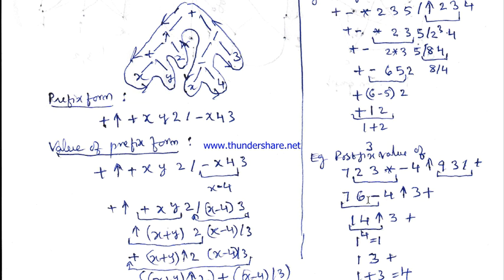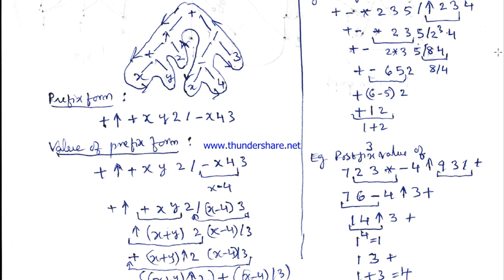Now after 7, 6 we have minus. It means we have to do subtraction of 6 from 7. We have to place 1 here before 4. And we have 1, 4 after the vertical arrow. It means we have to find 1 power 4 and keep it at the corresponding place. So it is 1 power 4. After 1 we have 3 and plus. So 1, 3 plus means to add 1 and 3. The value of the postfix expression is 4 here.